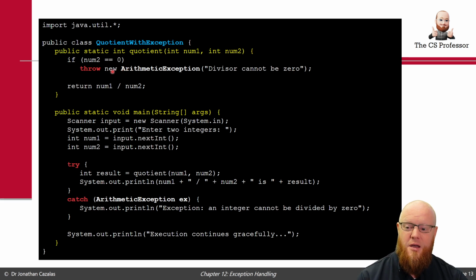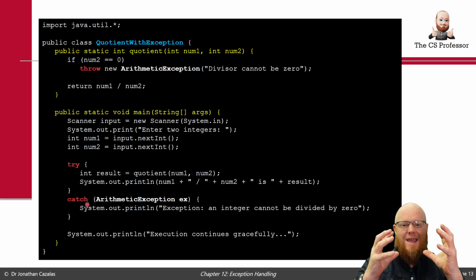I'm getting ahead here, but we're actually creating a new object of type arithmetic exception, and we're calling the constructor of that new object, and we're sending over this string. And when we throw it, where does this quotient method throw this exception? It throws it right here back to main, to the caller,